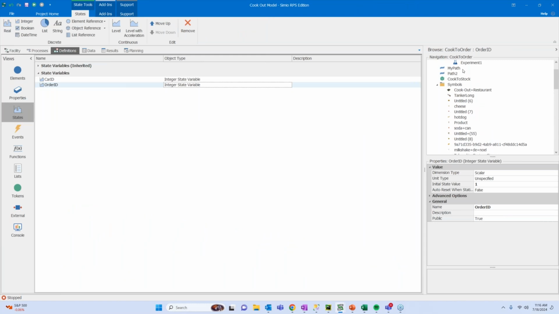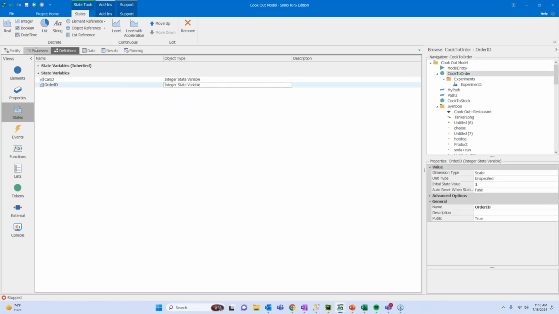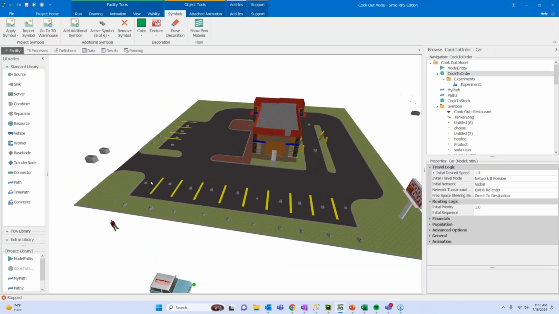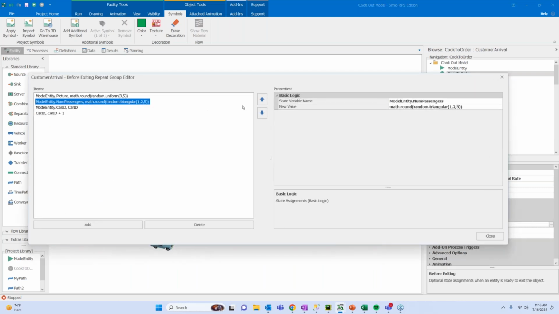And I'll go to my car. I have a state that is defining the number of passengers. So, kind of talking to that initial point in the slides on the granularity at which you want your model to operate, I'm going to first start out with a state to define some of this unbatching behavior. As customers arrive, they're going to be introduced, and I am setting up a number of passengers, and I just have a simple triangular statement that we're going to have anywhere from 1 to 5 passengers in a car at any time.